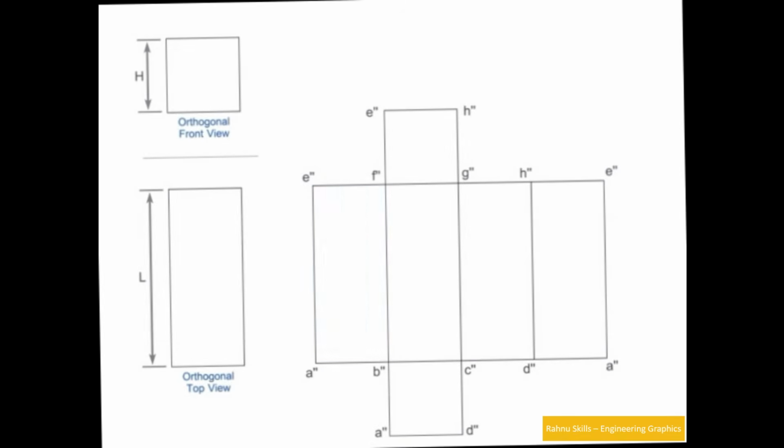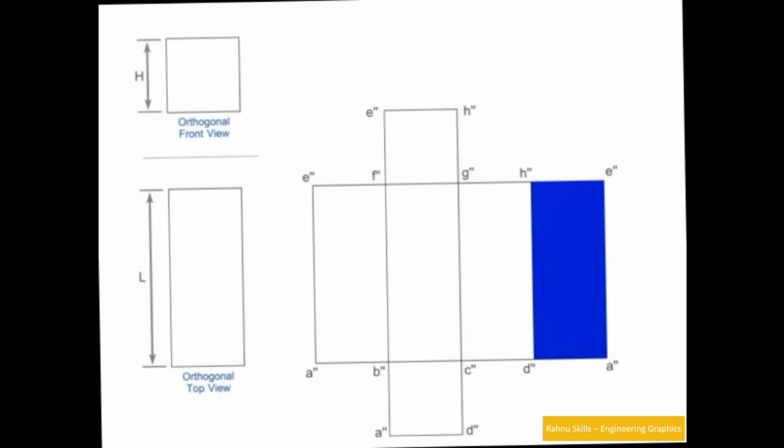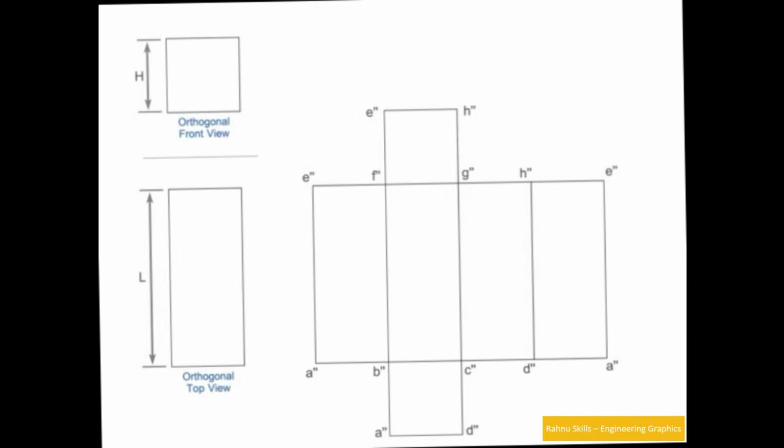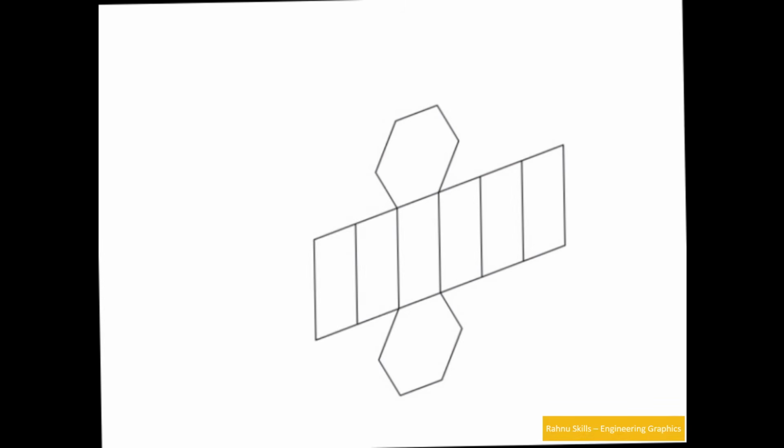So it depends in which direction you are seeing. Like here it is having 4 faces. Now why have I made it along with the top view? Because we were watching the object from a different point, so a different side was given as the front view. That is why I have drawn the object like this. So it is having 4 faces as I have shown you. In the previous part of the video I have given a different way to give the numbering. So in this I am just showing you how we have to represent the faces and face edges. Now we can say the same, one more example for a hexagonal prism.